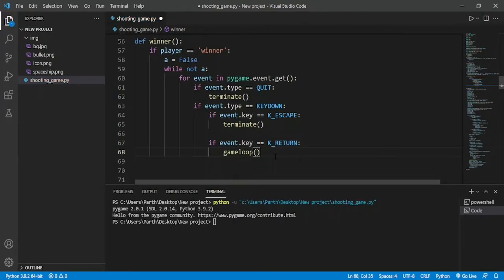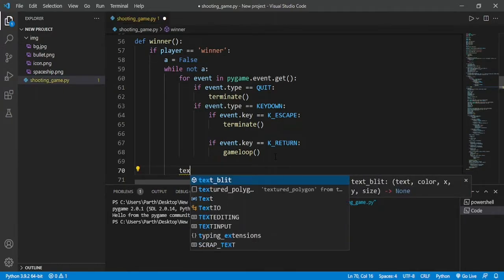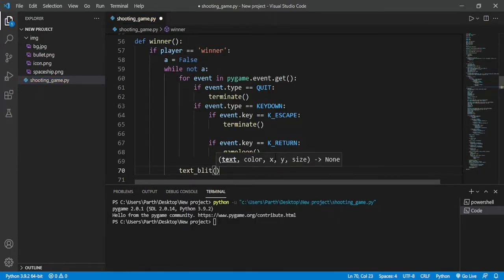Okay, and we are also going to use our text split function to display the message, and the message is saying you won, congrats. It is going to take a color as another argument.